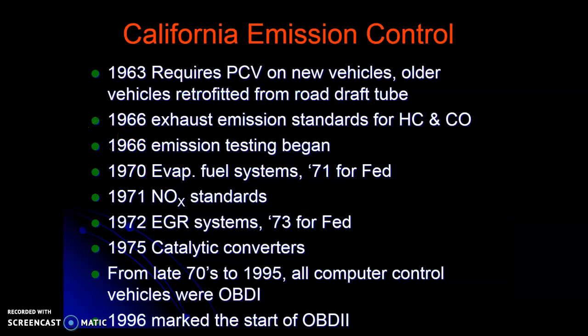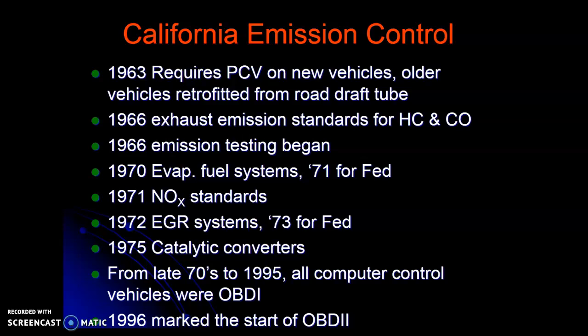So a little history, California emission control. The way California goes, so goes the world. But look, we're way back, even earlier than 1963. The 1950s is when we started recognizing that there's a problem with emissions. That had to do with post-World War II, the Eisenhower freeway system, and modern design vehicles in the 50s getting streamlined. People can live further away from their work, or work further away from their home, however you want to look at it. So people are driving more, and they started realizing the noxious gases that come along with the